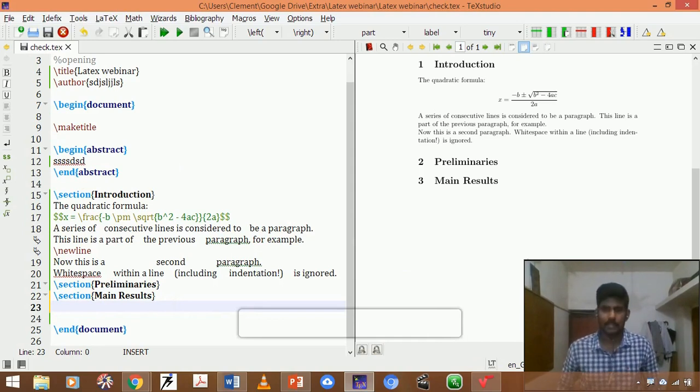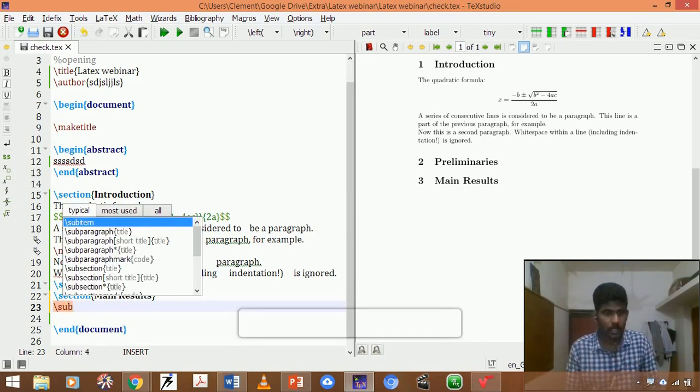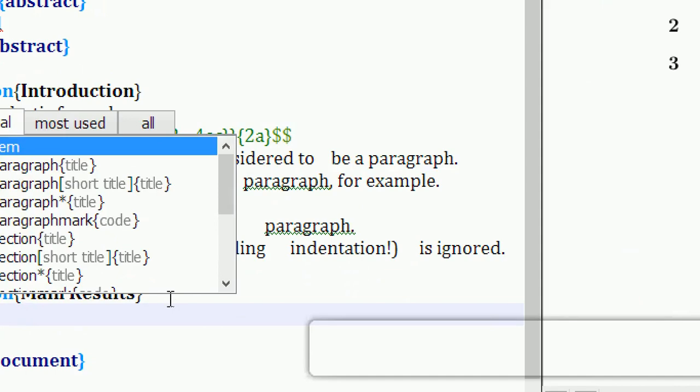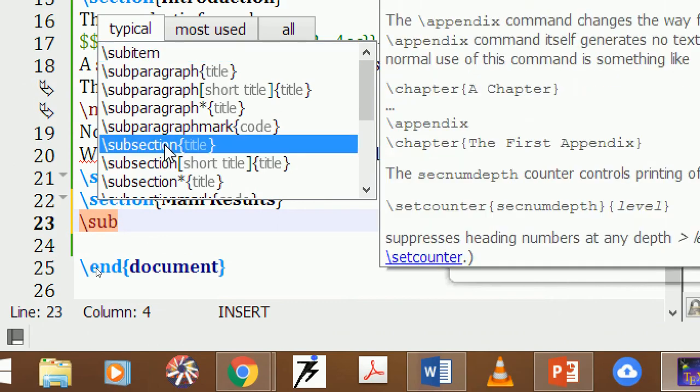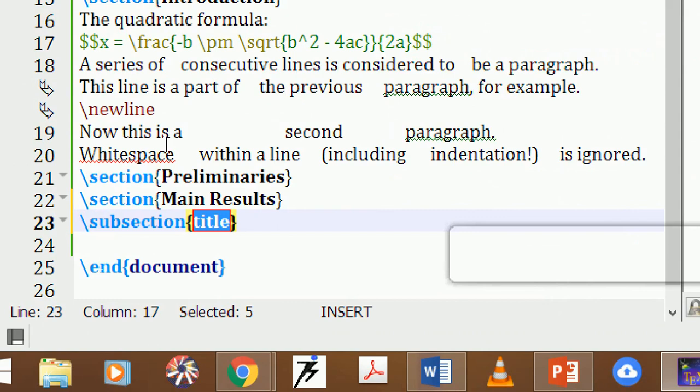If I want to create subsections, where the number should start from 3.1 or 3.2, I should use a simple code, that is subsection. Once you start to type, it automatically shows, and you can click that subsection. Here I type Basic Results.